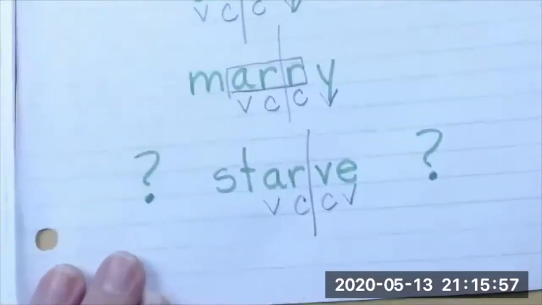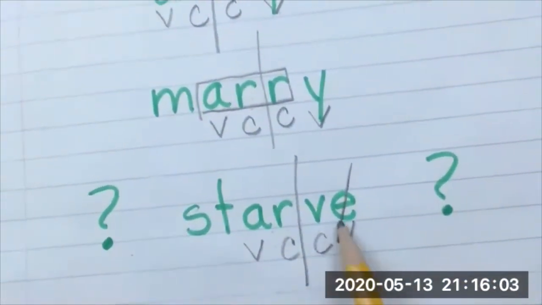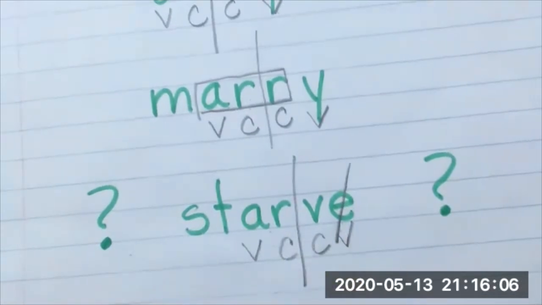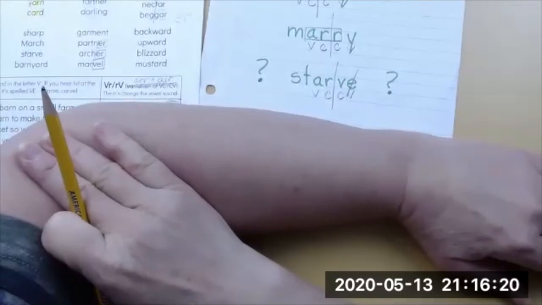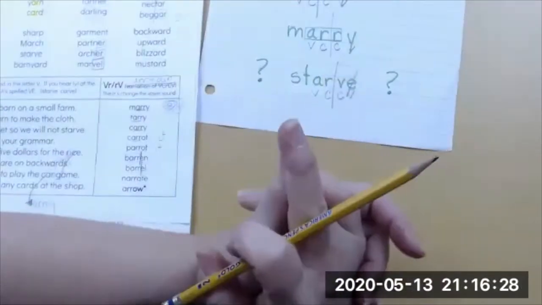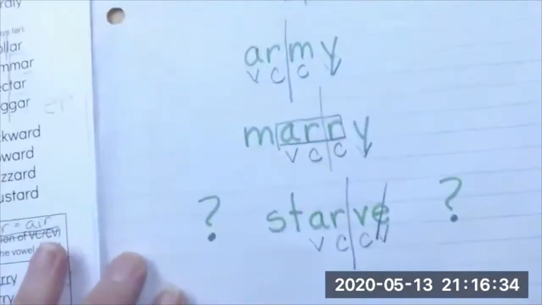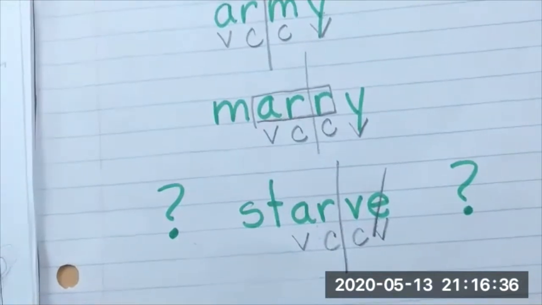A whole word or a part of a word with one talking vowel. So let's look at starve and analyze it. That E is silent, isn't it? That helps me remember it's silent. That E is silent. St, st, R, v. I'm going to put it on my arm. St, R, v. Starve. R is my talking vowel. R. This word has one talking vowel. Starve. It's one syllable. And I might do all of that thinking out loud without ever involving the child or